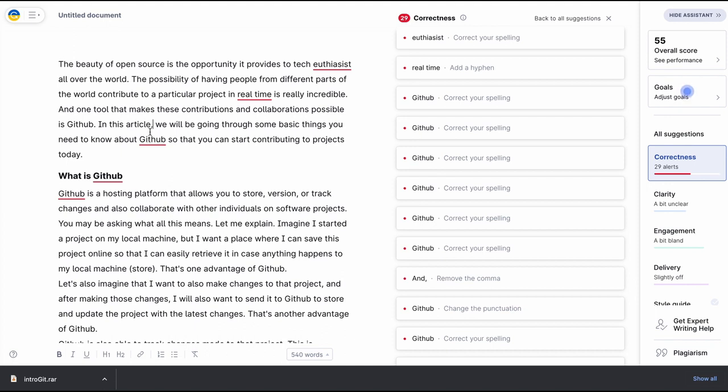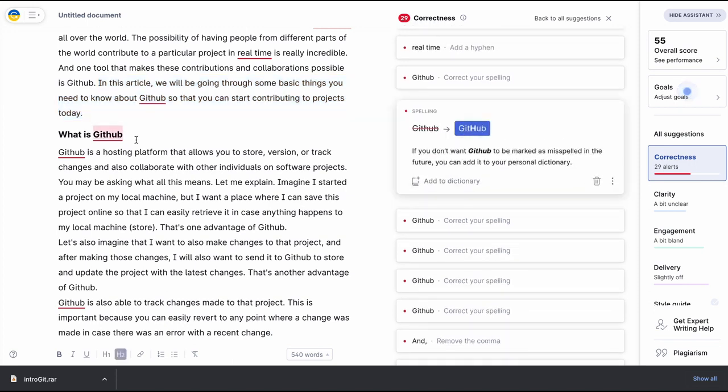So I think, coming from here, I love your style, telling us about open source, because GitHub facilitates open source. So it's pretty cool. And now letting us know how to make that possible. Now coming down to this section in this article, we'll be going through. So from here, I think you should work on this.